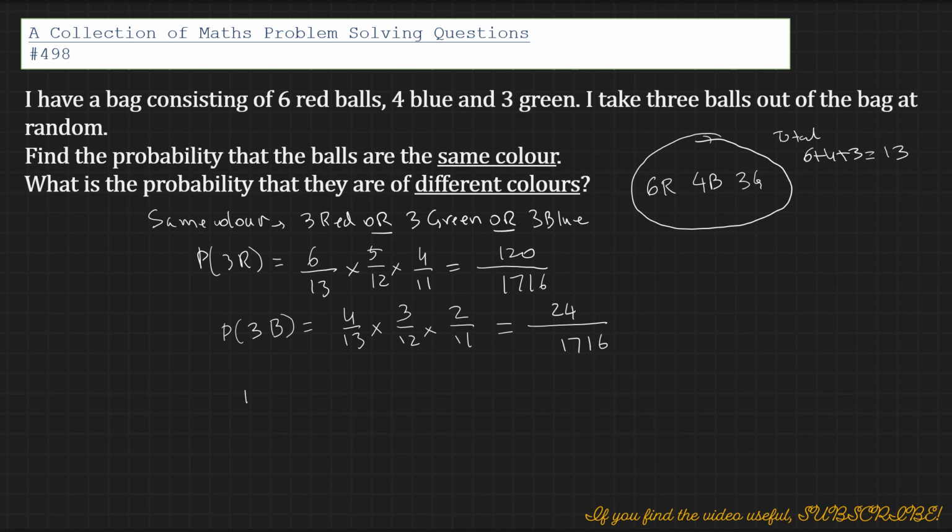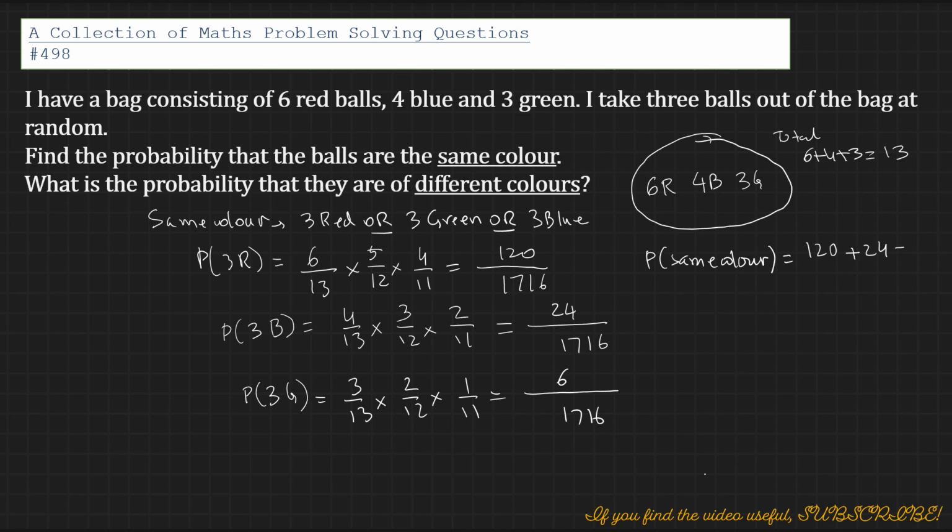Okay, and probability of 3 green would be the first one, 3 out of 13 times 2 out of 12 times 1 out of 11, so that would again be 1716 and 6. So the same color probability would simply be 120 plus 24 plus 6 out of 1716, and that is